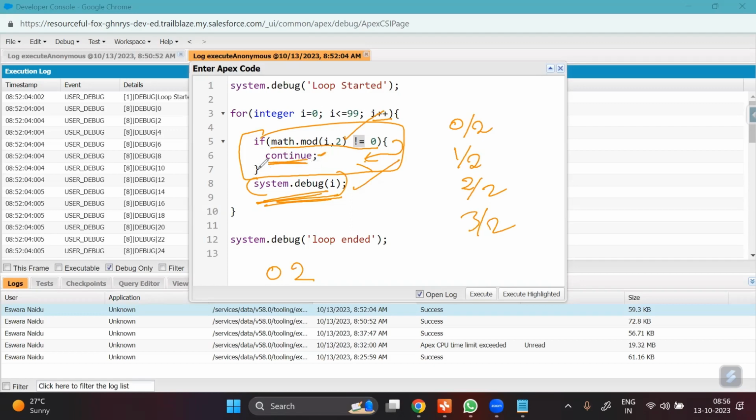Since we are skipping that iteration, whatever is there after this particular line of code